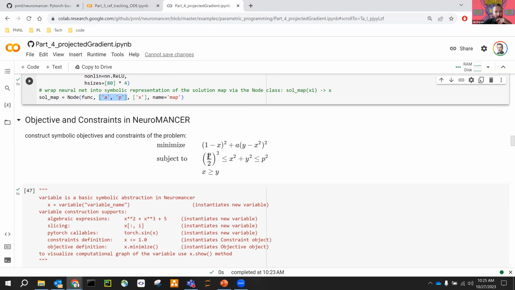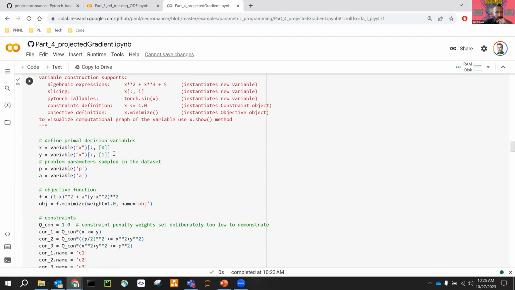Now I want to enforce these objectives and these constraints. I'm going to instantiate two variables. I'm using splitting here because I know this will be a two-dimensional tensor, number of batches and number of variables dimensions. And just for convenience, I'm creating two variables because this equation now looks nicer. That's the Rosenbrock equation. When I instantiate this equation, I can call the minimize method, which will spawn my objective